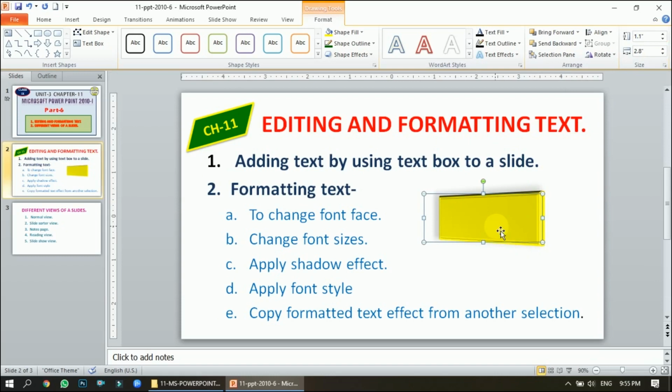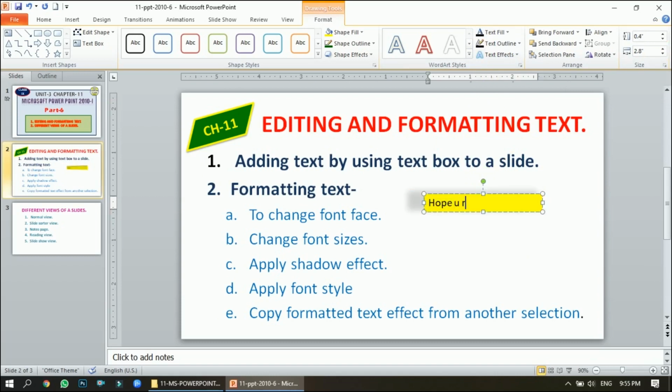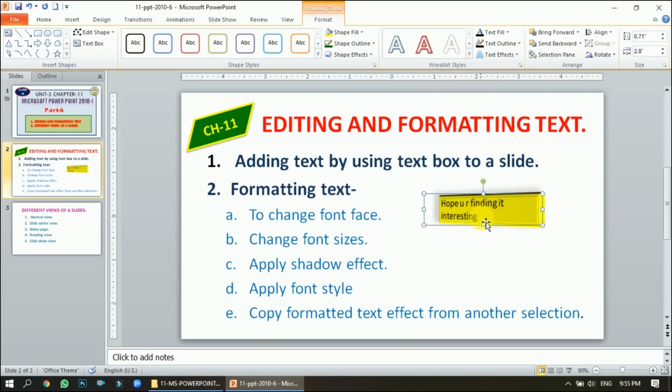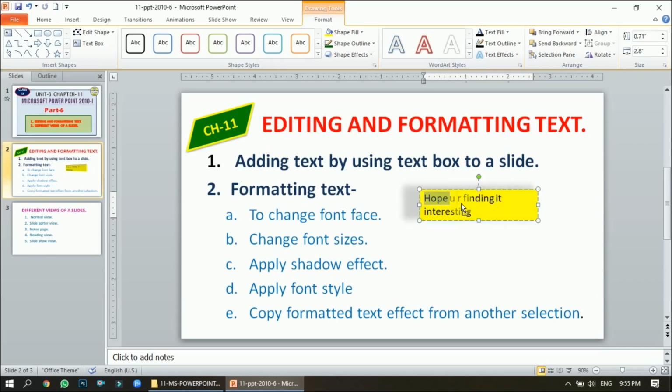Now if I want to add text in this, I will click here. I'll choose the text color. I'll write: hope you are finding this interesting, right? I have written some text for you. Now I want to make changes on the text, so I'll select the text.